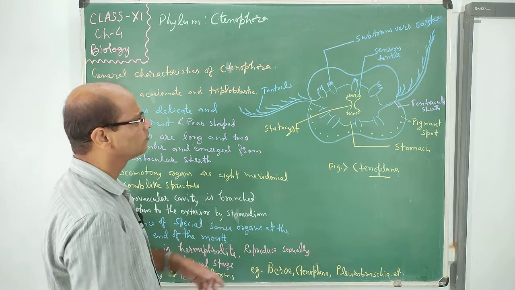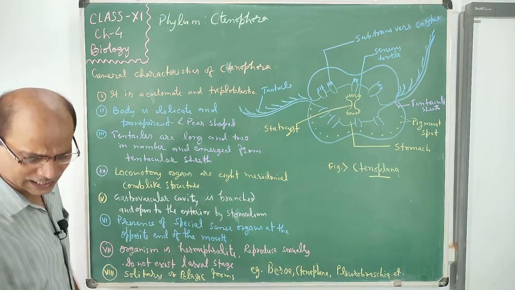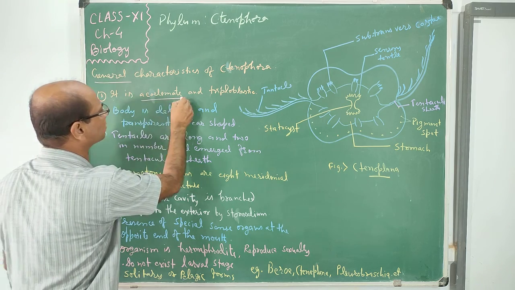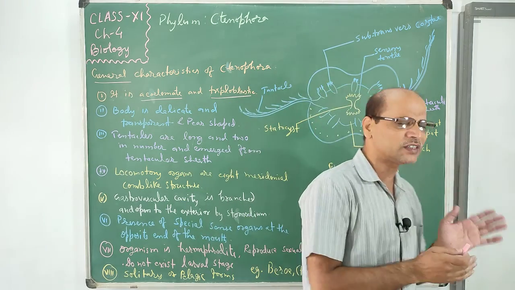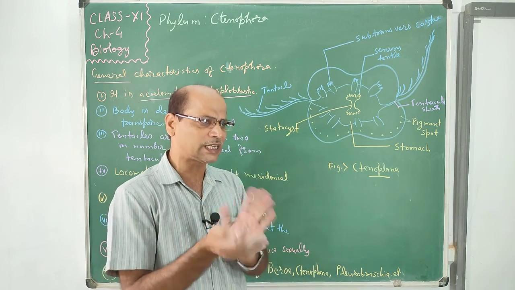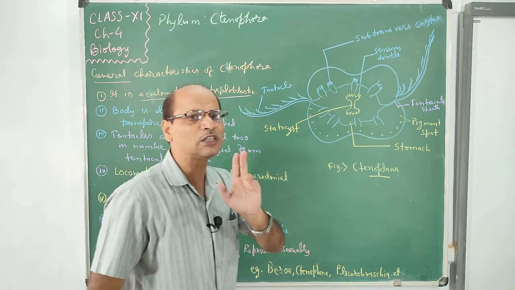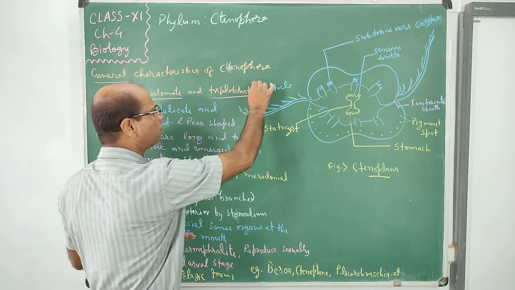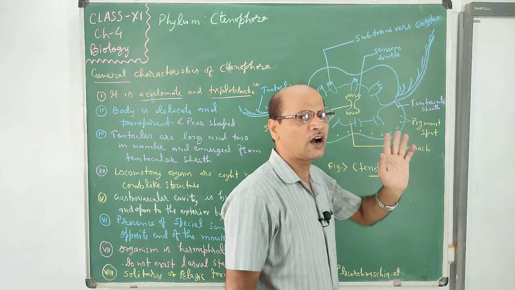That's why it is different in look. So phylum Ctenophora has the following general characteristics. The first one is that it is acoelomate and triploblastic. Triploblastic is the advancement. Earlier we saw diploblastic in Porifera. After that, some change or advancement, the diploblastic with mesoglea in the Coelenterata. Now you see, complete triploblastic character is here. That's why it is more advanced than the previous two.